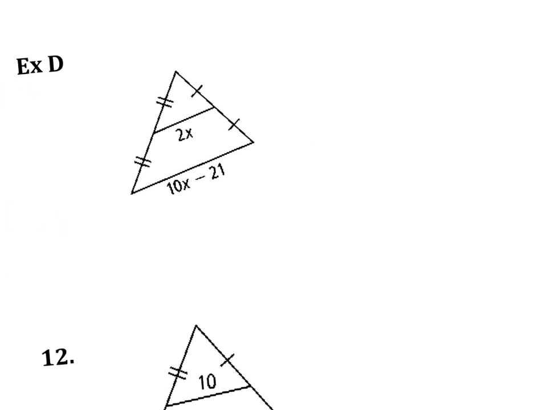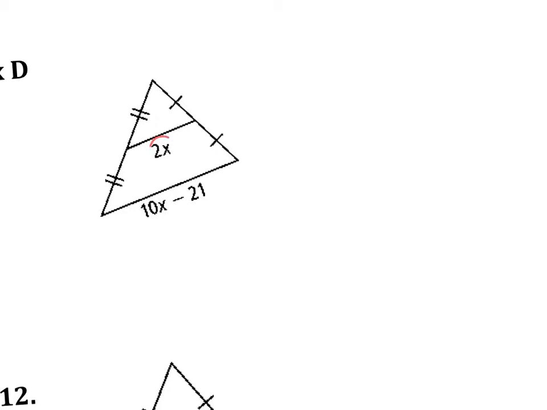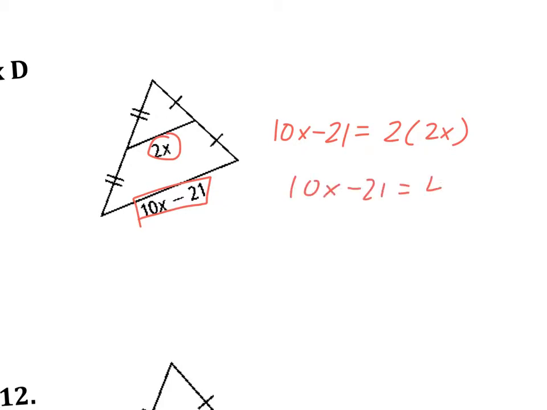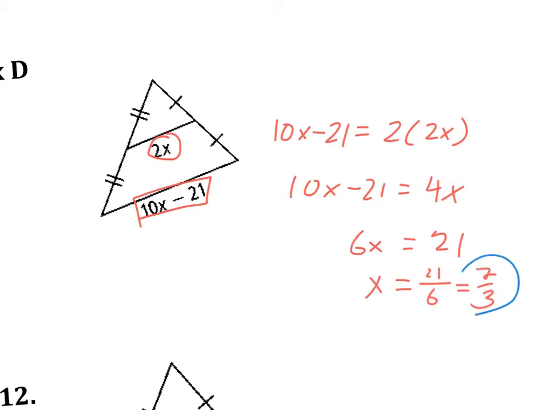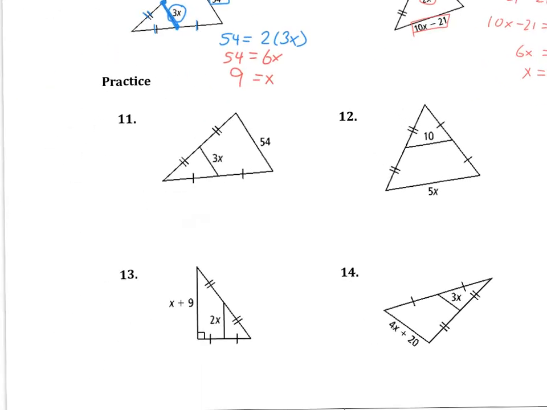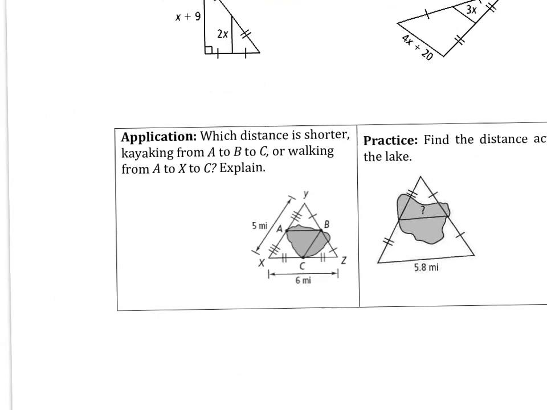And the same process over here is I know that this one is half as long as this, or I can go the other way and say 10x minus 21 is twice the size of 2x. So 10x minus 21 equals 4x, and then 6x equals 21, and x is going to give you 7/3 in the end. All right, practice these other ones here,